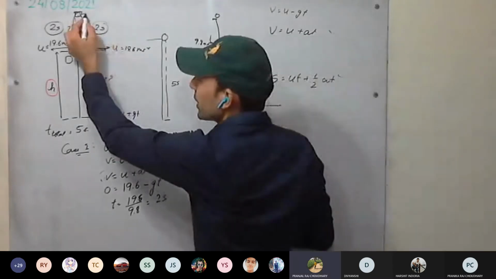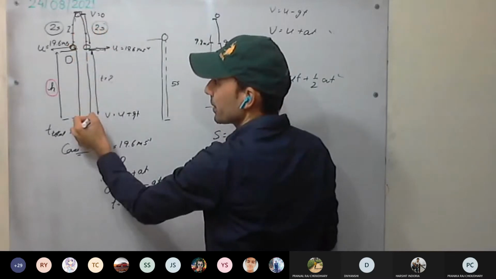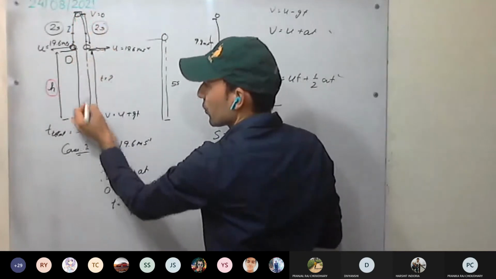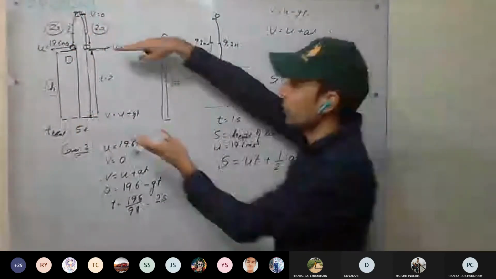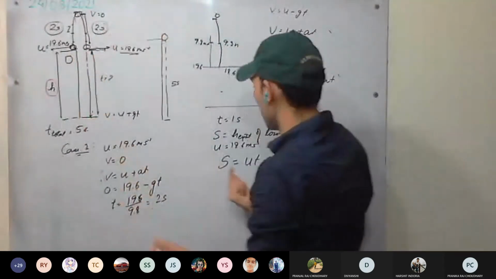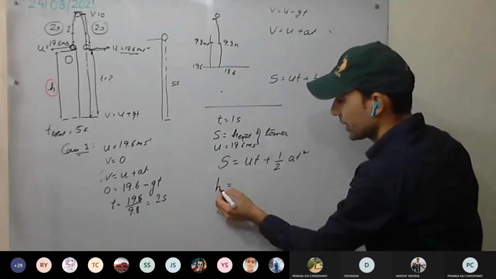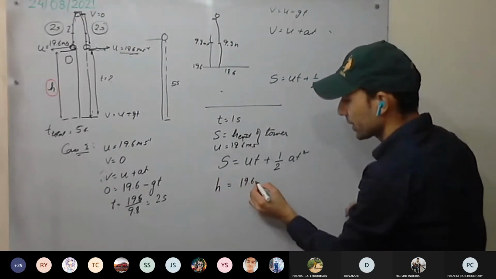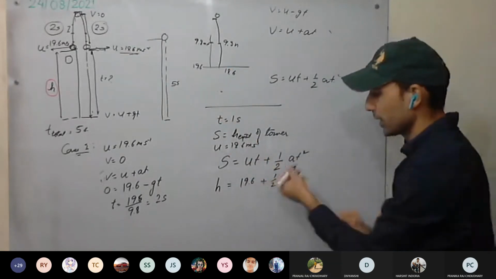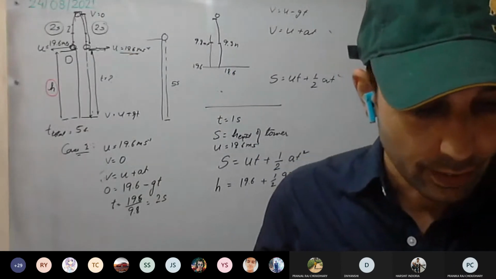If you start from here, the final velocity is 0 and time you have to take 3 seconds. Okay, and this height you will calculate, but that is not required. We require only the height of the tower. So from here to here. That's why we are taking time equal to 1 second. Initial velocity will be 19.6, whatever here, same here. Now calculate using this one. So this is the height of the tower. U is given 19.6, T is 1, half into 9.8. Okay, you can get the height of the tower.